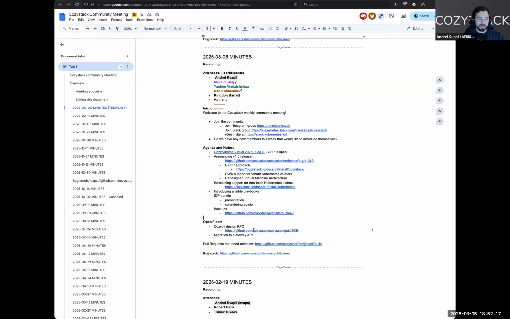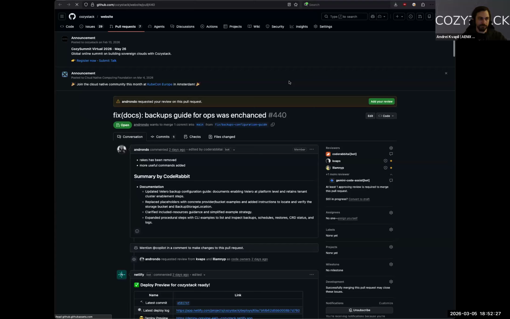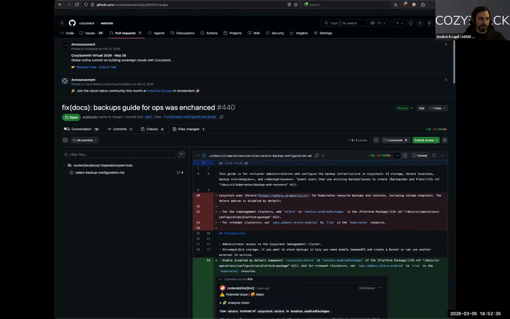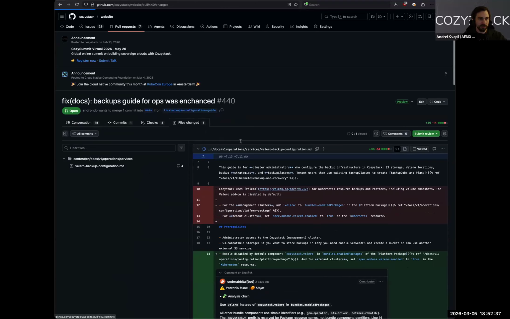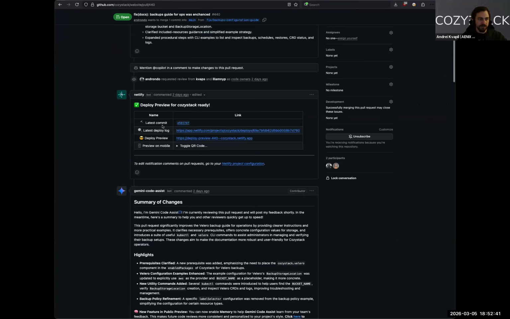All right, then let's switch to the other topic. There are just a few notes about backups, because version 1.0 also introduced a very flexible and extendable backup system. Unfortunately, we don't have anyone who can represent this topic right now. I think we can schedule it for the next community meeting.